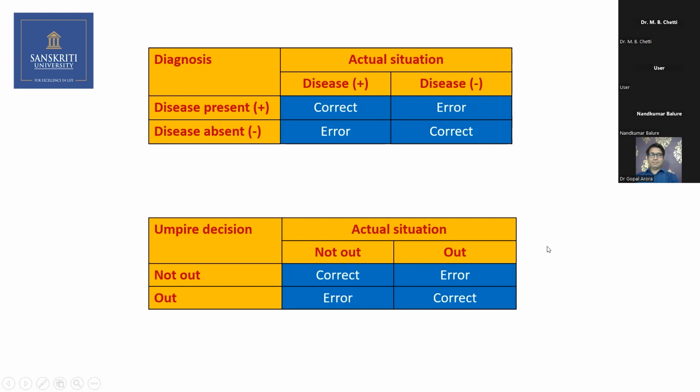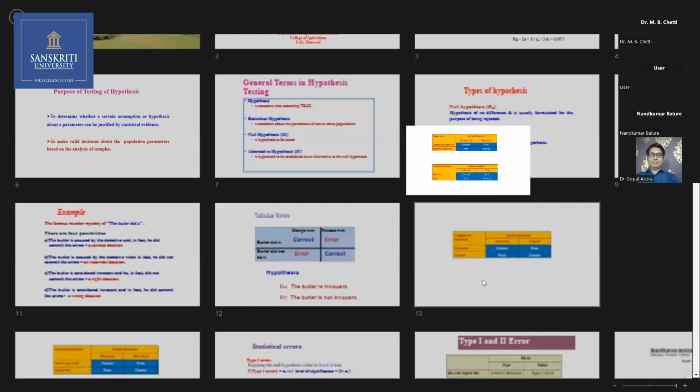To make you understand, I took up this example of cricket. Usually when we watch TV, we see that it goes to the 3rd umpire whenever there is a clarification. So actual situation, a person is not out, and the umpire also tells he is not out, that is a correct decision. Actually he is not out, but the 3rd umpire tells he is out, that is a wrong decision. And in actual situation, he is out,